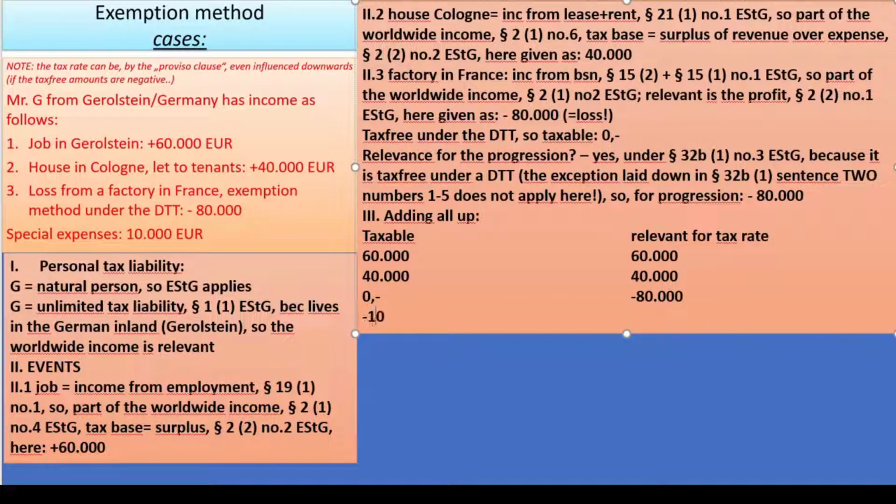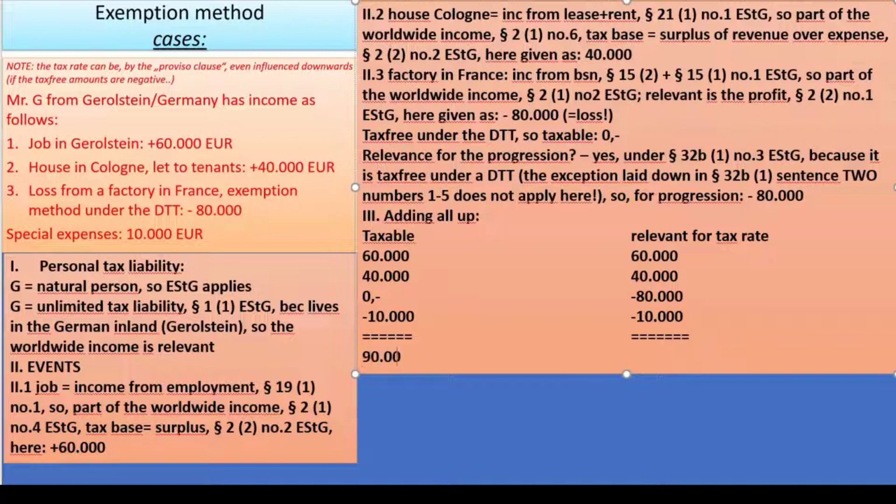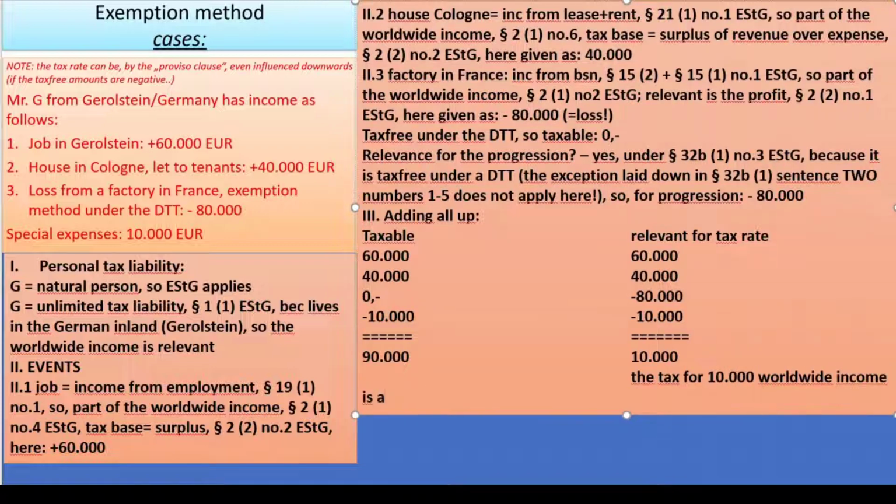Then we have minus 10,000 and relevant for the tax rate. Also the personal deductions would count. If we sum that up, we end up with a taxable income of 90,000, which has to be taxed for the rate of 10,000. Now, the tax for 10,000 worldwide income is